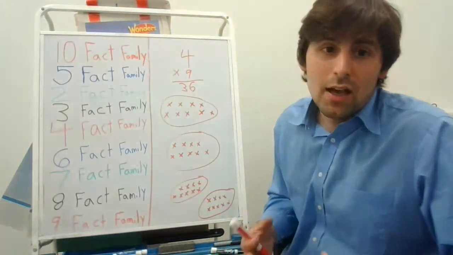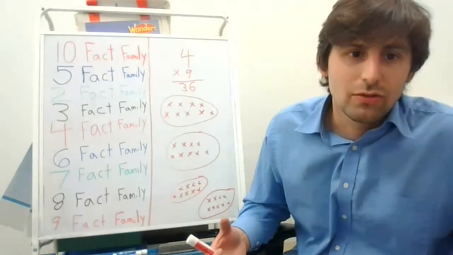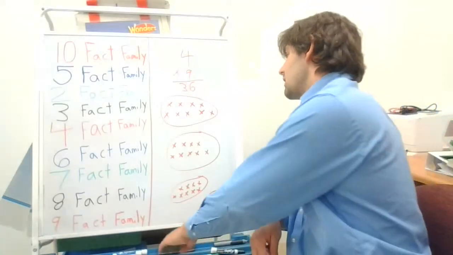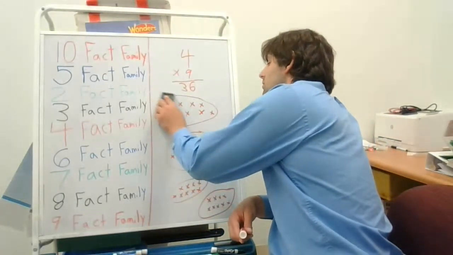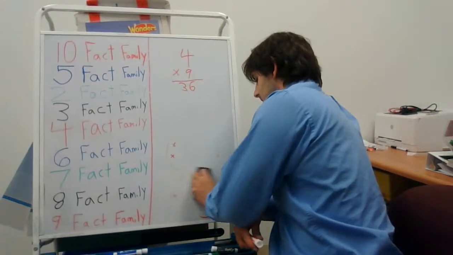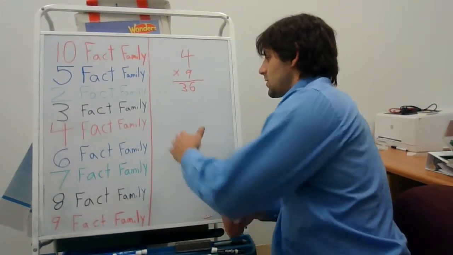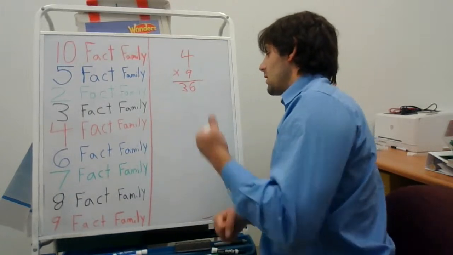Now let's say you're not really that good at drawing circles. Drawing circles isn't really your thing. You can just make 4 rows of 9. So let's just say I'm not that good at drawing circles. What I'm going to do is I'm going to